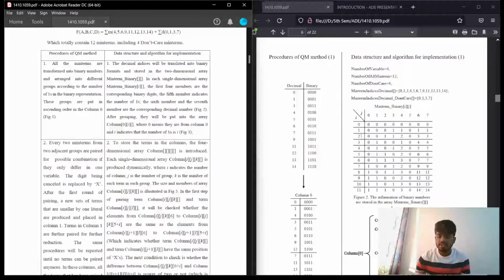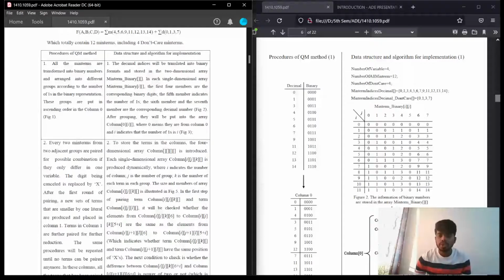The third min term is nothing but 3 over here. The same with the fourth min term, which is 4, and the 12th min term is nothing but 14. See over here, 0, 1, 2, 3, 4, 5, 6, 7, 8, 9, 10, 11. So the 12th min term is represented as 11. So this 11th min term, or 12th min term, is actually 14. So we represent 0 as 0, 1 as 1, 2 as 3. The fourth min term is 5. So the same way, keep on representing.